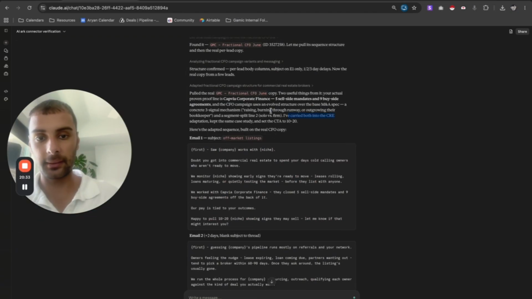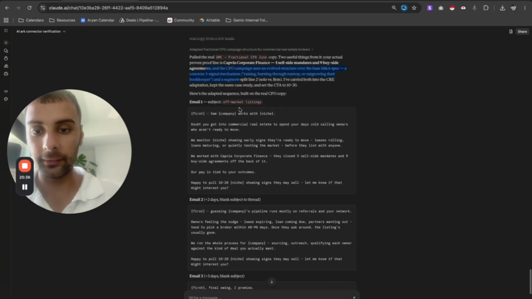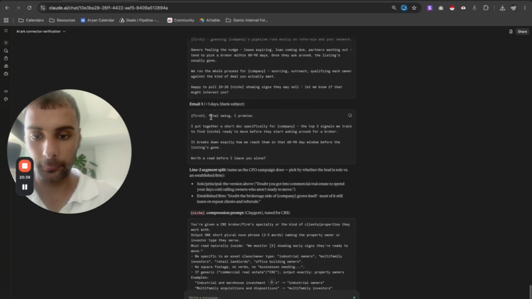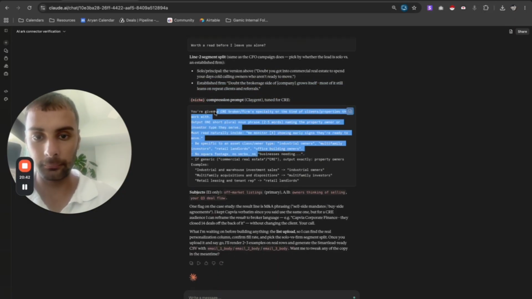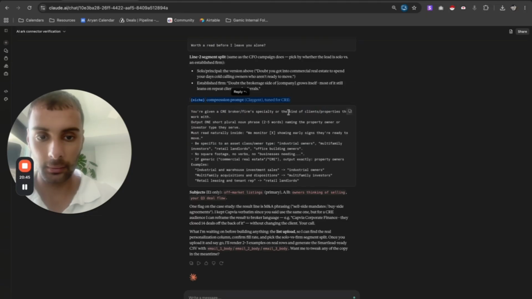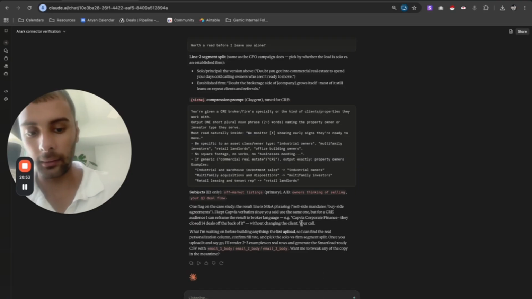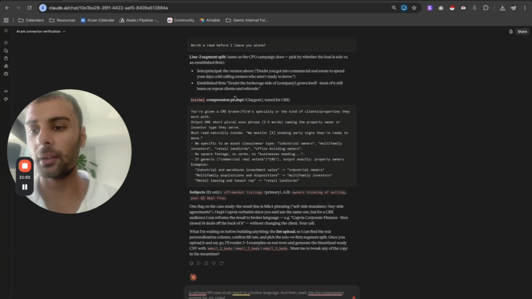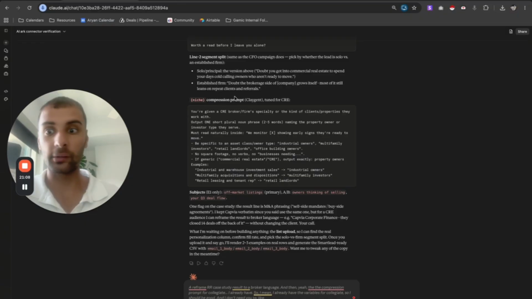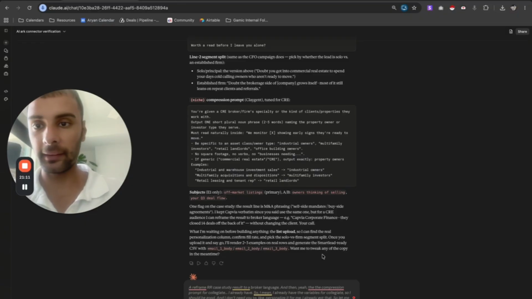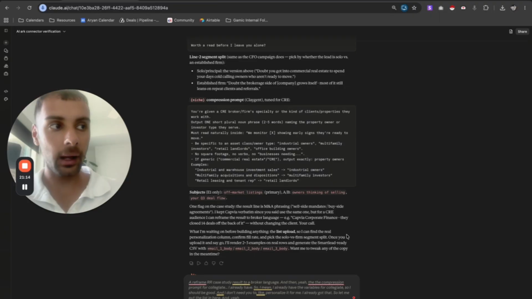It's gonna go through all of this, and it's gonna literally pull out all the sequences and whatnot here. Boom, boom, boom. Niche compression prompt. Okay, so reframe our case study result to broker language, and then the compression prompt for Claygen I already have. I already have the variables for Claygen, so I should be good, and I don't need you to personalize it for me. I already got that. So let me put the list in here and write the copy, plug it in,